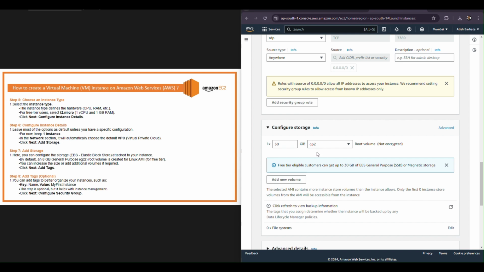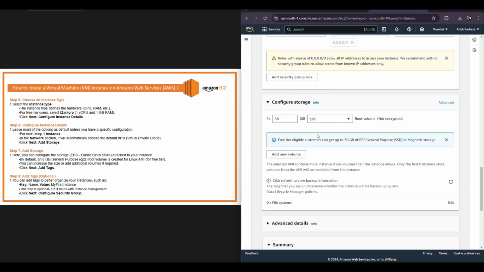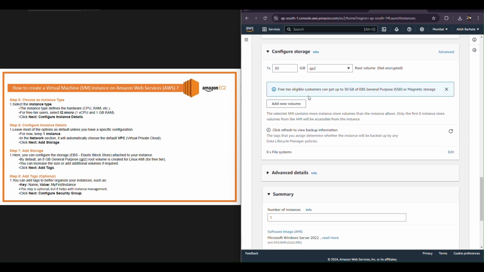As you know, we chose that Windows image. So if you want, we can attach additional storage using the configure storage option, and simply after choosing this, you can add the new volume. So by using this, we can configure additional storage for our virtual machine instance in AWS. Right now we don't have any requirement, so I keep the default setting